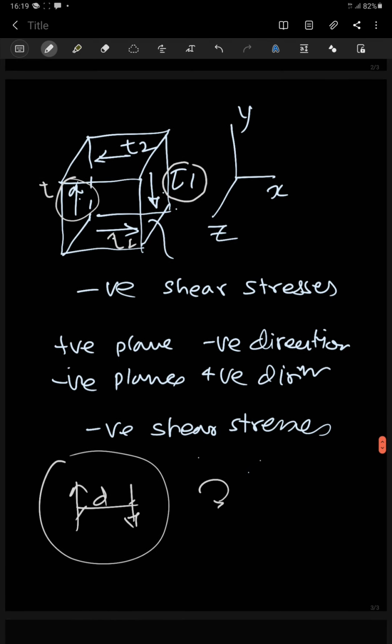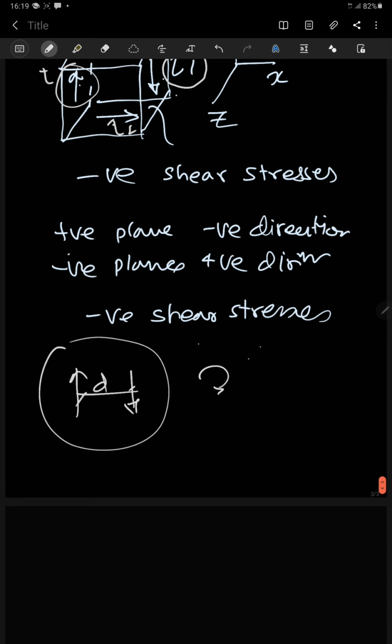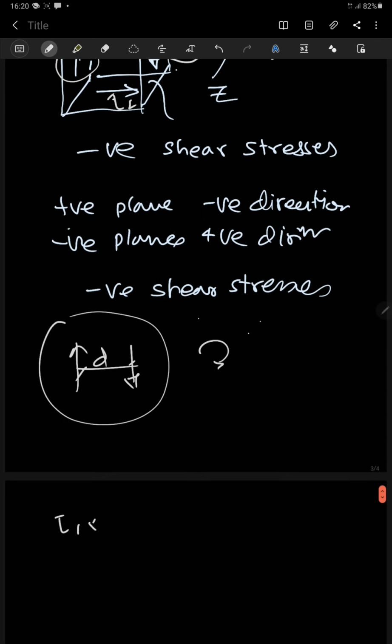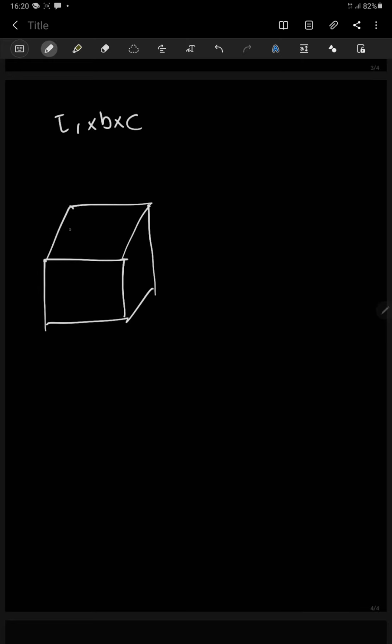Okay, so I know that this is your A, this is your C and this is your B. So, tau 1 times B into C will give you a force, tau 1 multiplied by B into C. I will redraw that figure again. This is your tau 2, this is your tau 1. So, this is a force,